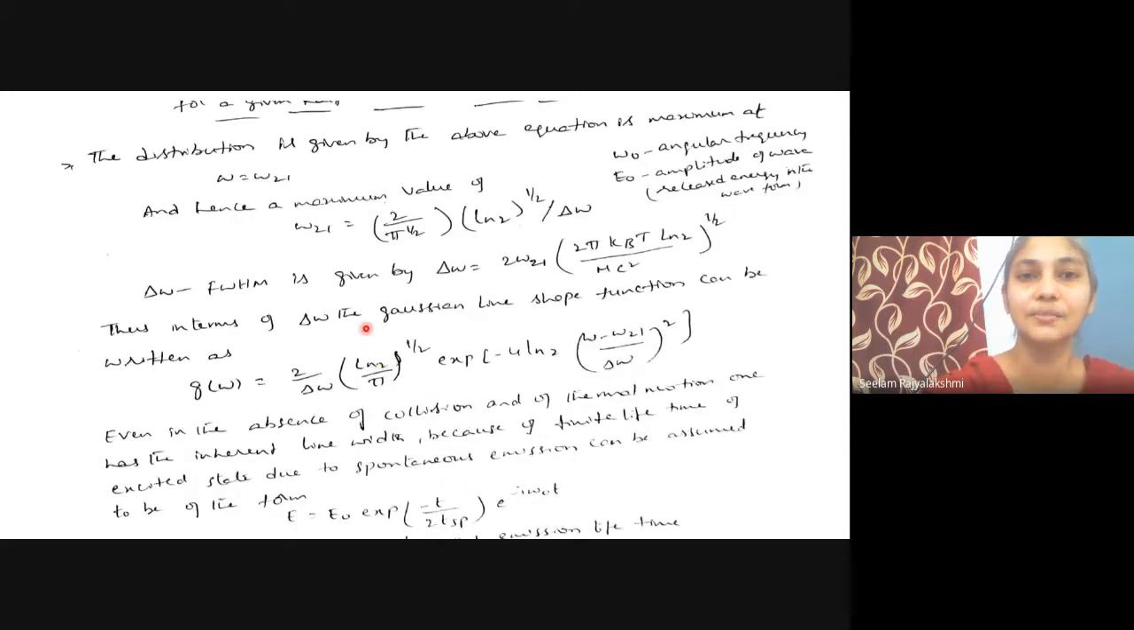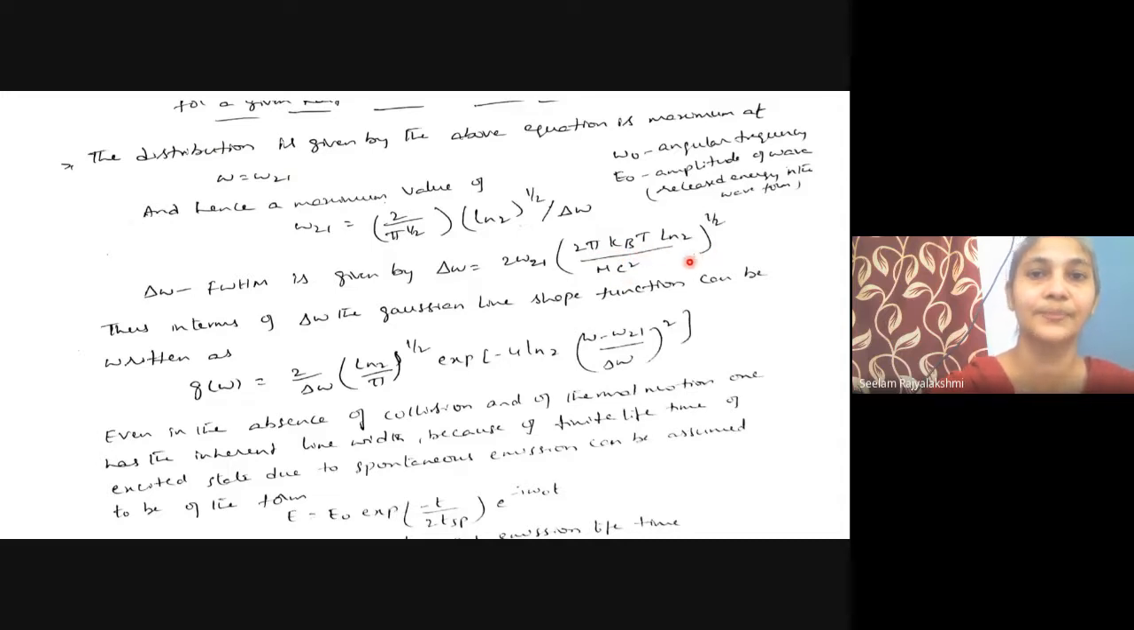Here the distribution given by the above equation is maximum at omega equals omega 21. Hence the maximum value at omega 21 equals (2 by pi) whole power 1 by 2, log 2 whole power 1 by 2, by delta omega. Delta omega is nothing but the full width at half maximum, which is given by delta omega equals 2 omega 21, where omega 21 is the transition frequency, into 2 pi kB T log 2 by m c square